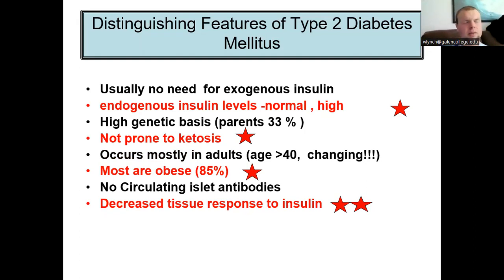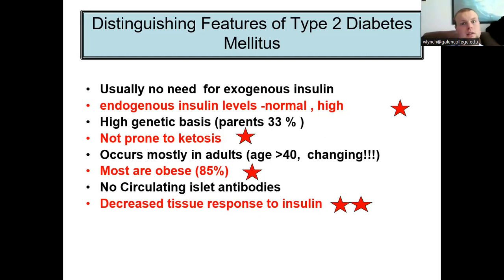So this has a higher genetic basis than type 1 does. Type 1, we usually only see about 5% of heritability there for parents to pass it on. Here for type 2, we see that roughly a third of parents who have type 2 diabetes end up having a child with type 2 diabetes. It's not prone to ketosis because we do have the ability to move